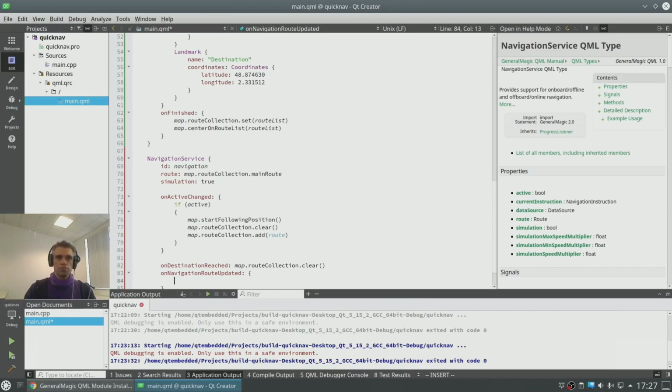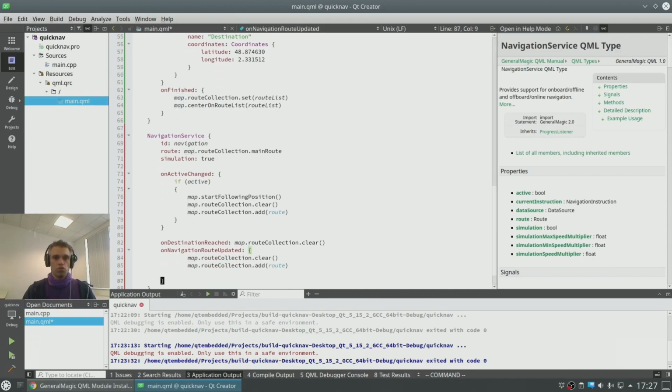And in that case, again, we want to clear the existing routes, and we want to add the newly calculated route to the route collection. So we have just one route on the map while we're navigating.